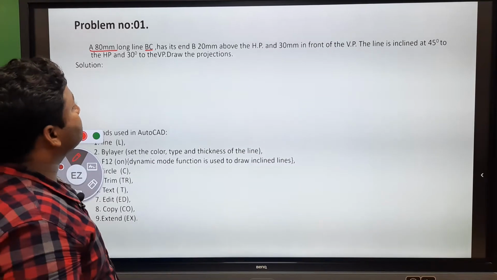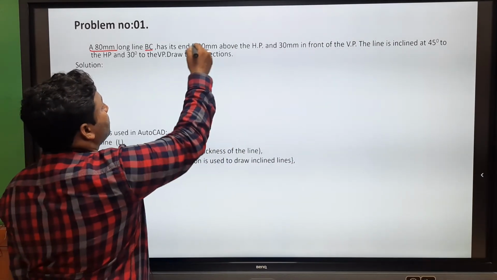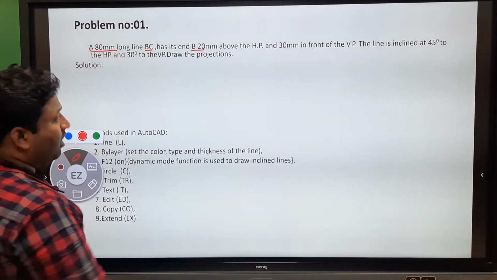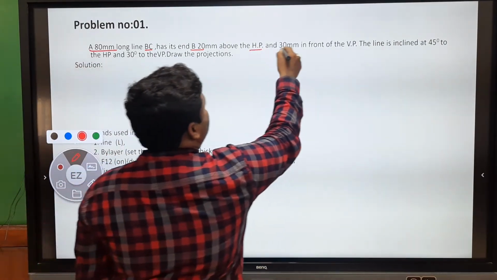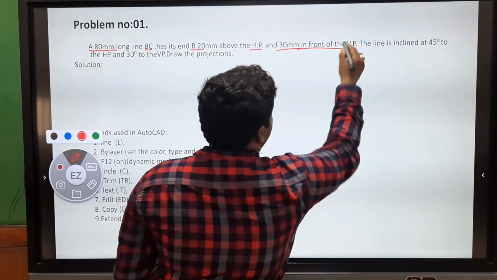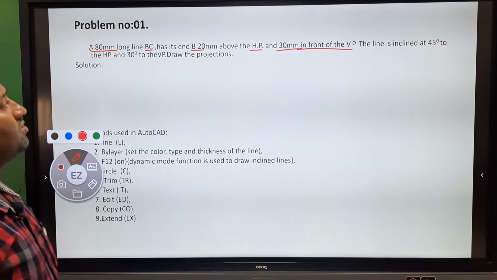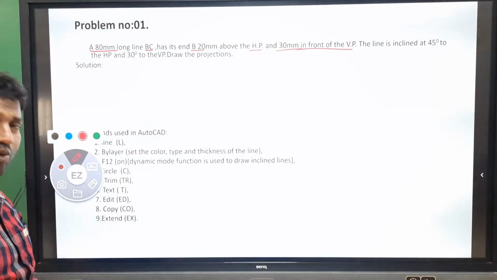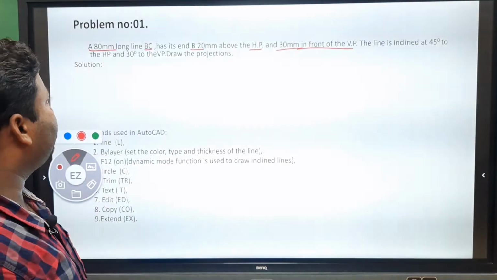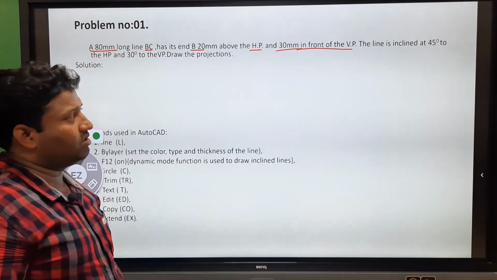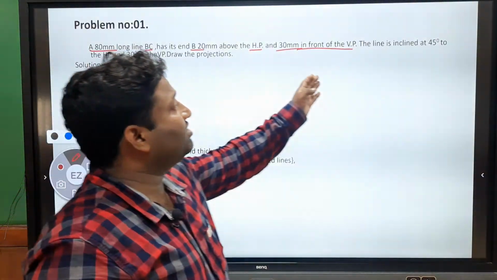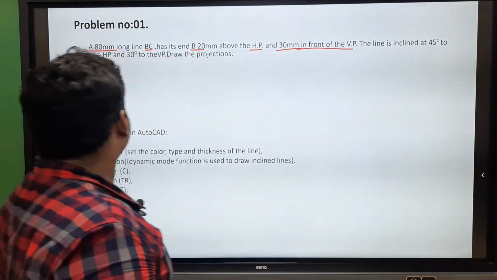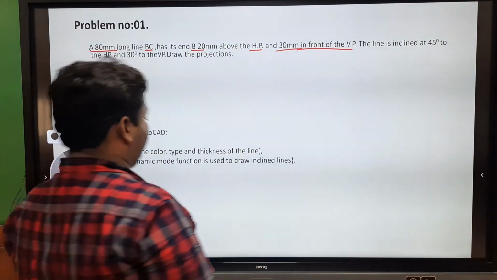Its end B is 20 mm above the HP and 30 mm in front of the VP. Here the end point position is given, the end B. Now, what else is given? The line is inclined at 45 degrees to the HP and 30 degrees to the VP.